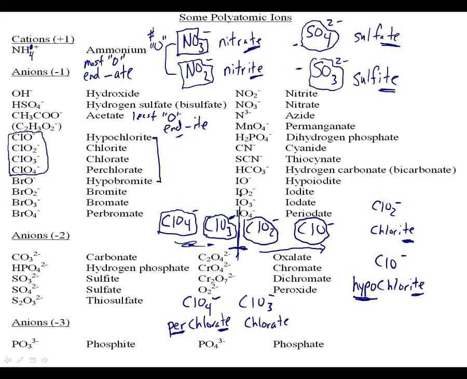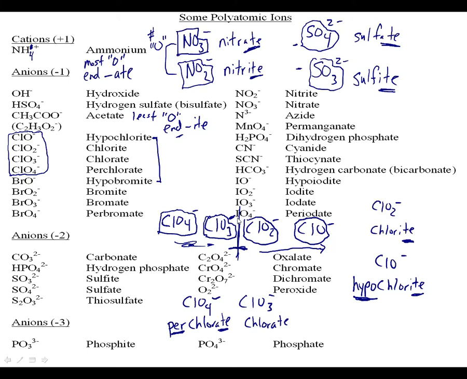Again, same thing if you swap out the Cl for the I, which is also a halogen, you'll get the same sort of distribution there in terms of the name. But probably the ClO4, ClO3, ClO2, and ClO minus on all of those are the most common polyatomic ion that